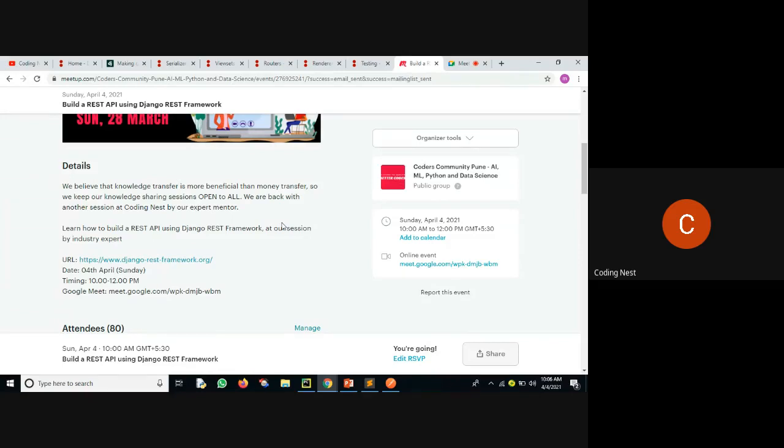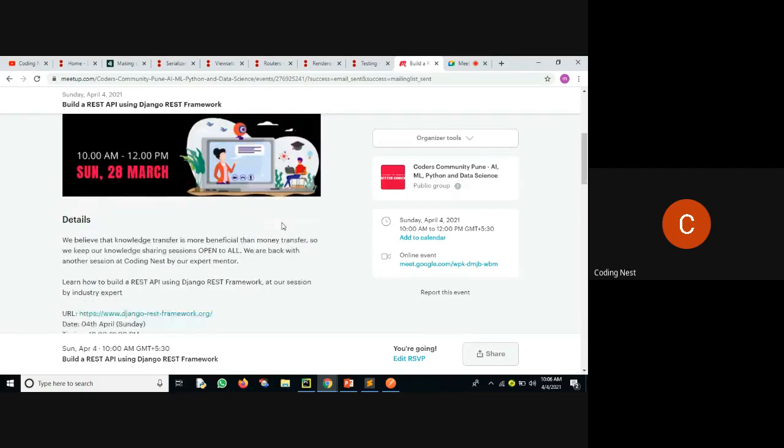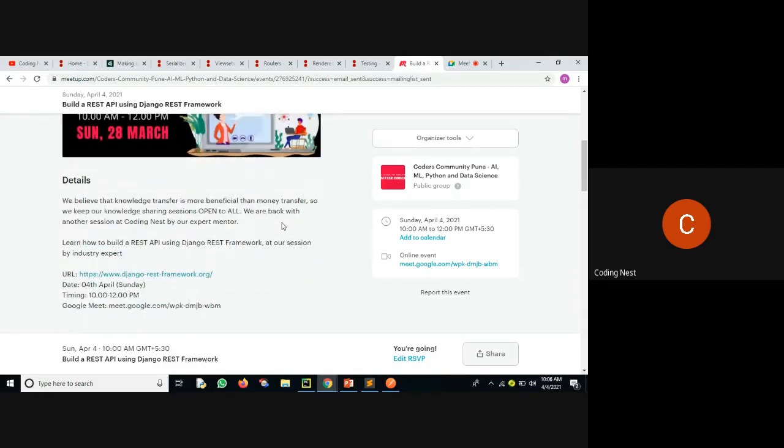Today's meetup discussion topic is building REST API using the Django Rest Framework. Those who are working on the Python tech stack might be using Django or Flask framework, and those who might be using a Java tech stack might be using the Spring Boot framework a lot. They are using a lot of annotations to build up an endpoint, which helps us to